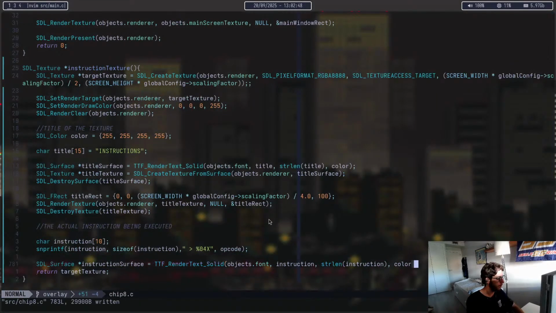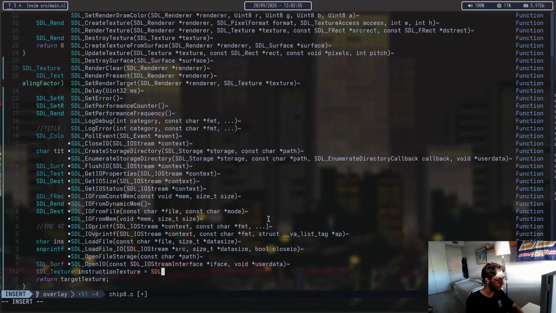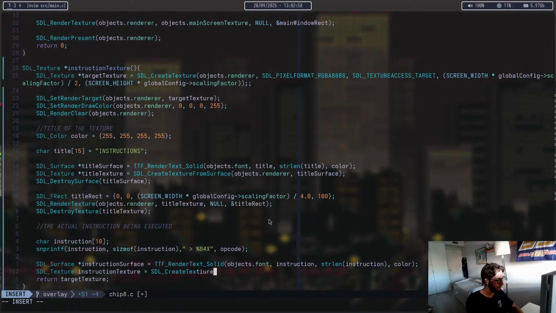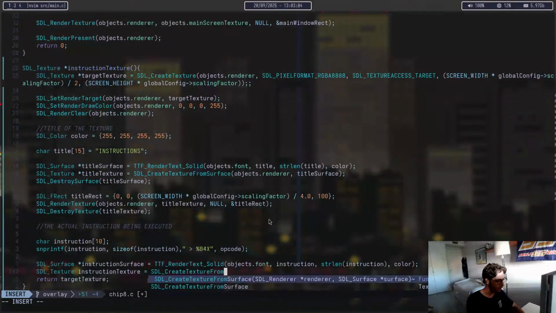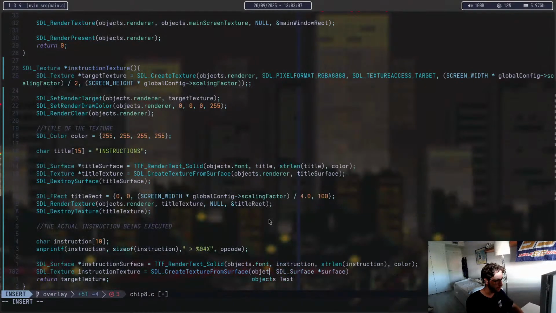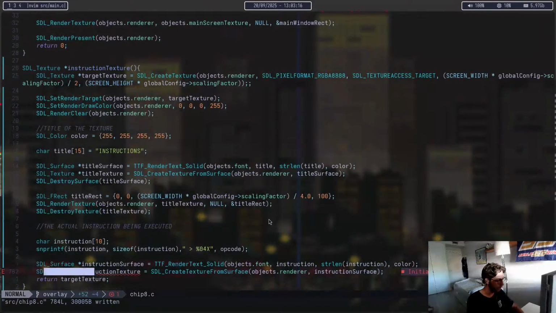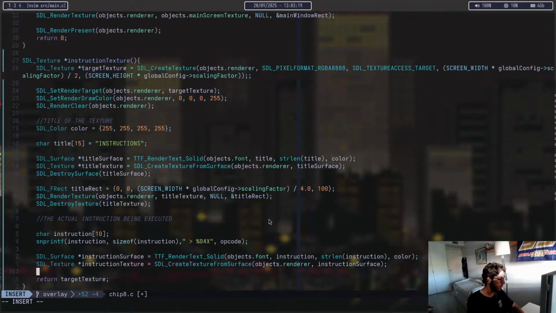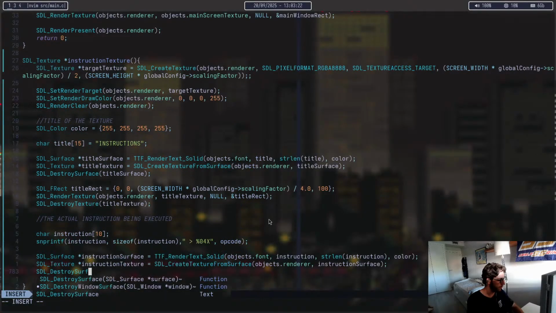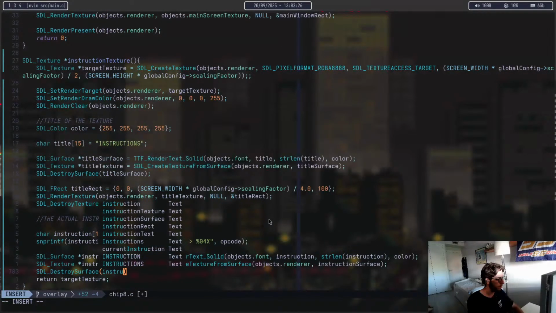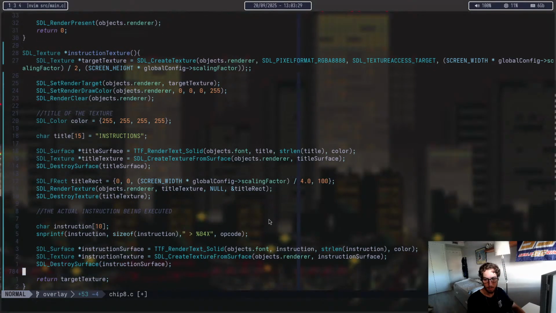We're going to color again. Then I can say texture instruction texture create texture from surface, which I need my objects dot render, and then my surface, which is instruction surface, and I can do destroy surface with instruction surface. Okay, and then